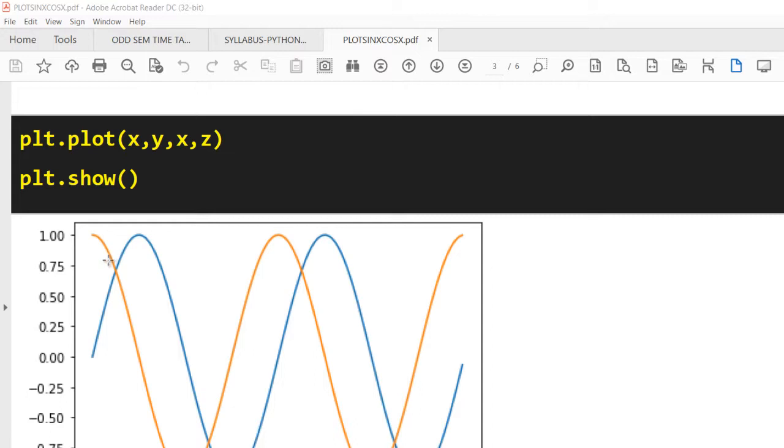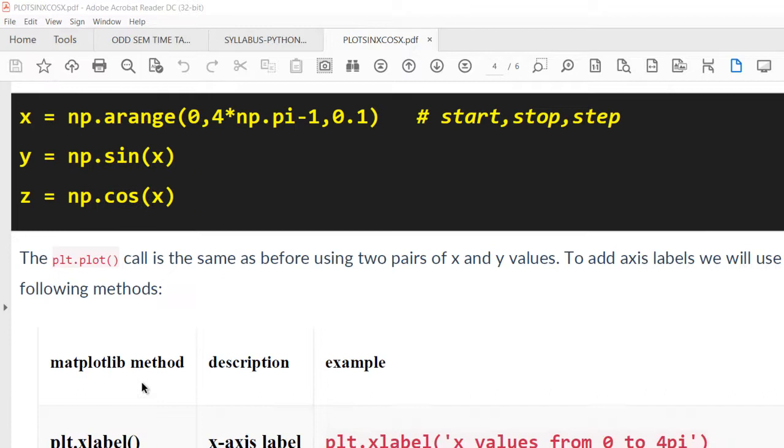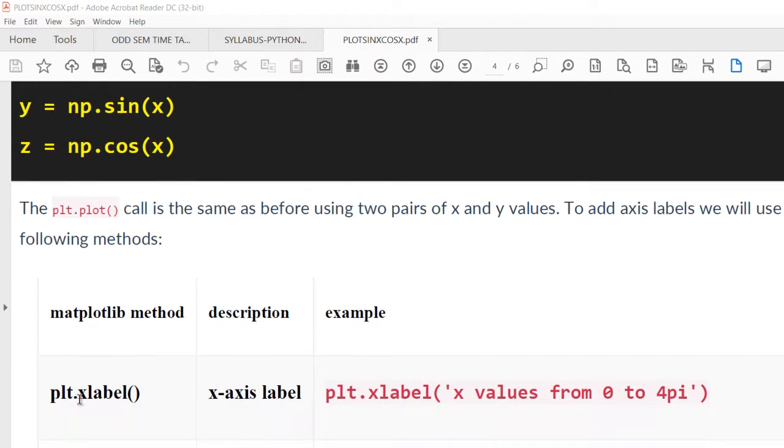You can see here the blue is the sine graph and the green or orange is the cos graph. Now if I want to put a label, plt.xlabel in the bracket, in the inverted commas, x values from 0 to 4 pi, close the inverted commas, close the bracket. Y label can be put as plt.ylabel, in the bracket, inverted commas, sinx and cosx, close the inverted commas,